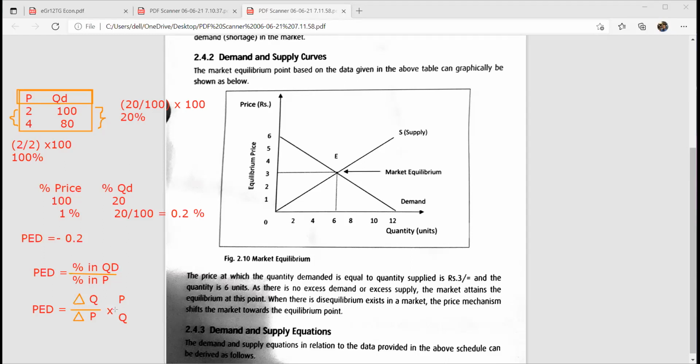Right now, you have two formulas and another formula I just wrote. We will discuss this next week. D multiplied by P over Q. Right. So these three formulas are said to be arc elasticity, in other words, the way of measuring price elasticity of demand. All the formulas